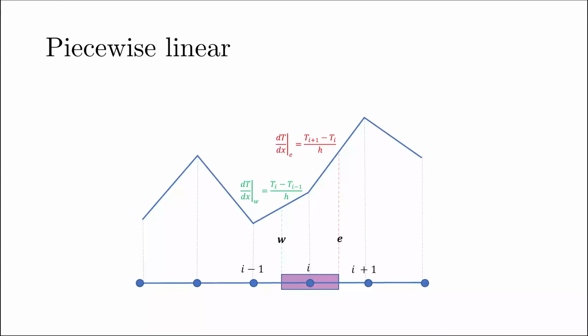Remember that these are only true when the function is assumed to be piecewise linear. It could be a quadratic function, then it would be something else. We would look at quadratic functions later on, but for now, we'll stick with piecewise linear approximation. So now we have got the values of these derivatives in terms of the grid point values, and we can